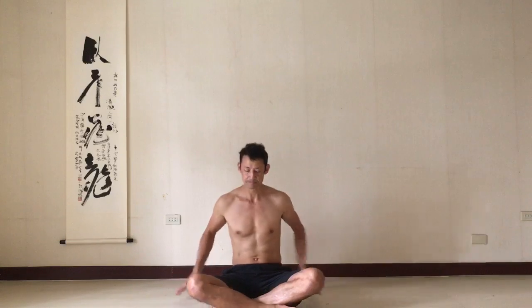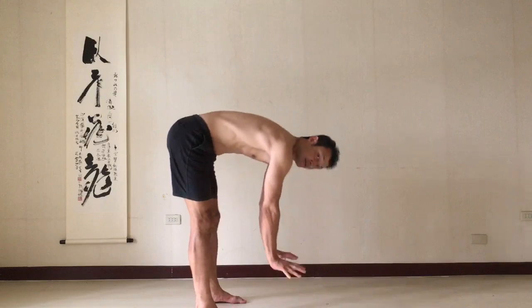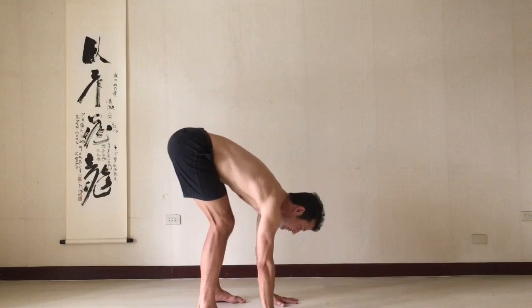In this one I'll go over a slightly different warm-up, and it relies on you being a little bit flexible. So you can start off in a standing position and do a forward bend. Now if you can't reach the floor, you could use some yoga blocks or do this next exercise with your knees bent. But at any rate, with your hands flat on the floor, all you have to do is rock